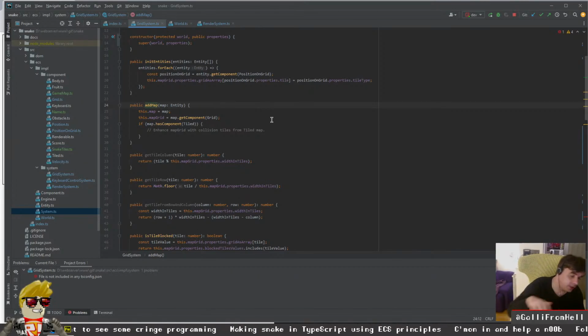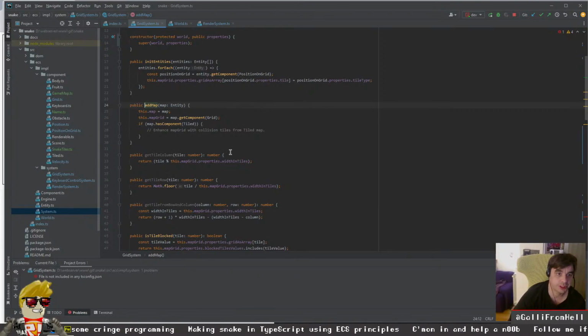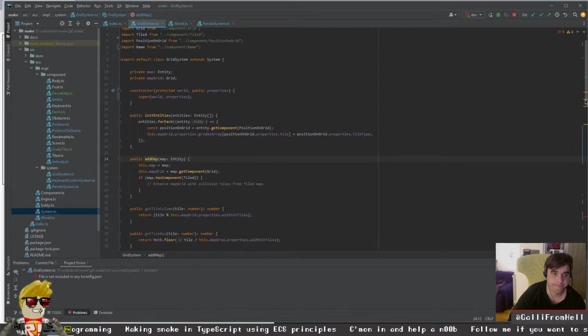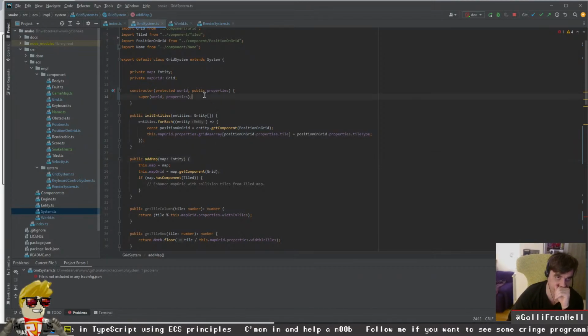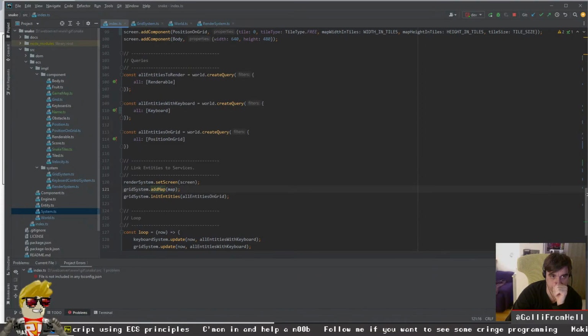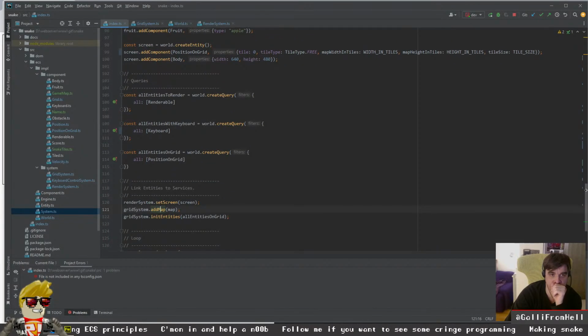It has to pull the information from the map and then work it out. This is why I believe that the grid system